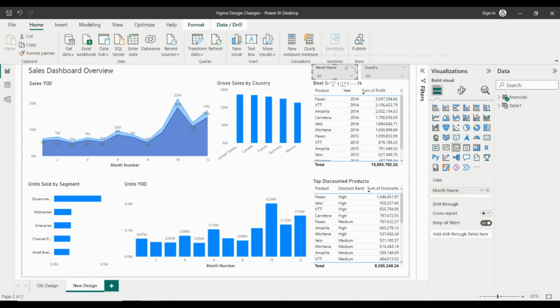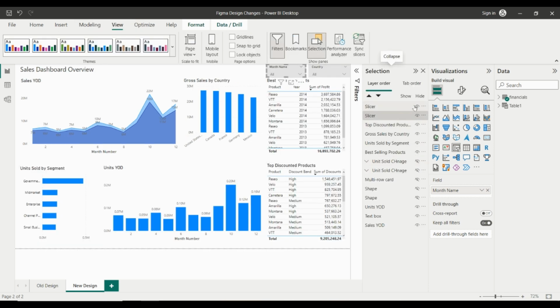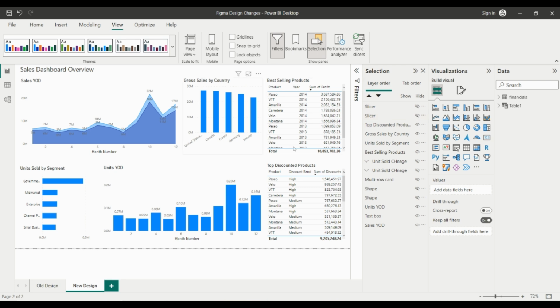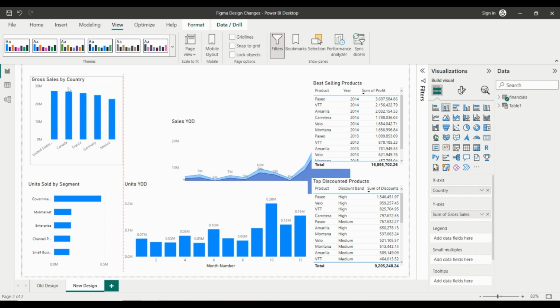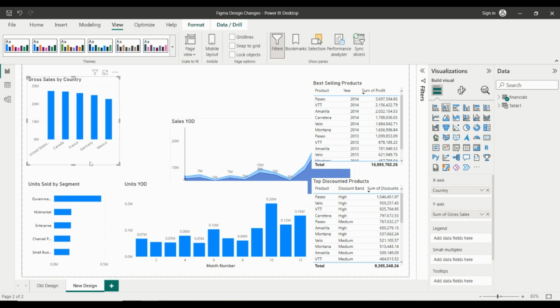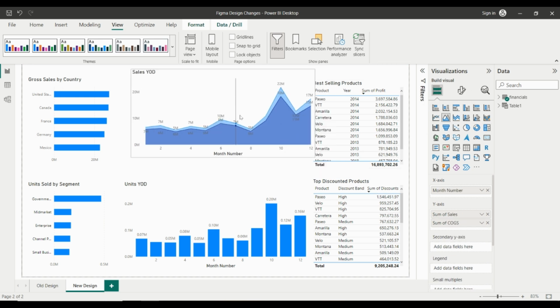The first thing I'm going to do is go to the view and selection. I'm just going to hide a few things here that I don't need right now. So let's hide a few of these things, and we can unhide them when we need them. The next thing, I want to adjust these. I'm going to move this here like this and change it to stack bar chart instead of stack column chart, and I will adjust this